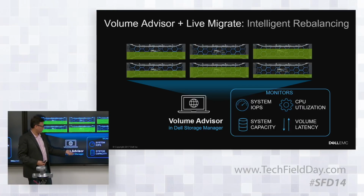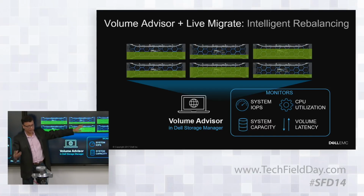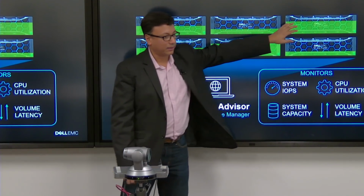So it will not only give you an alert, it will also give you a recommendation, because that's where the intelligence comes in. Because giving me an alert is great. Now what do I do with it, right? So it will also give you a recommendation, and that's where the intelligence part comes in. It'll say, hey, it's crossing the thresholds that you wanted. Now I would recommend that you